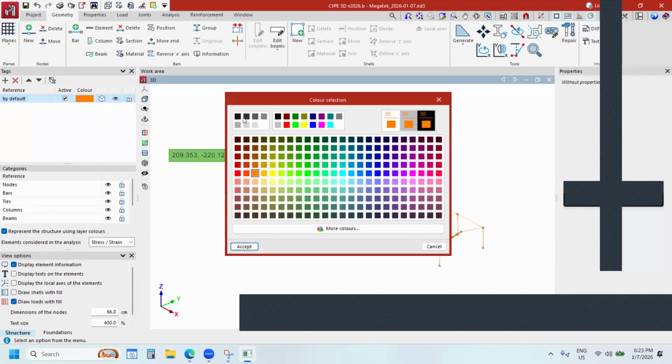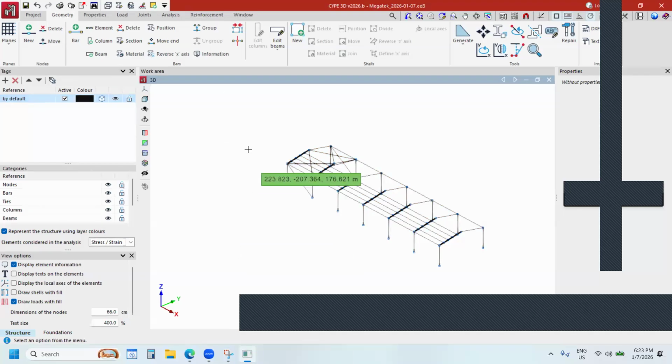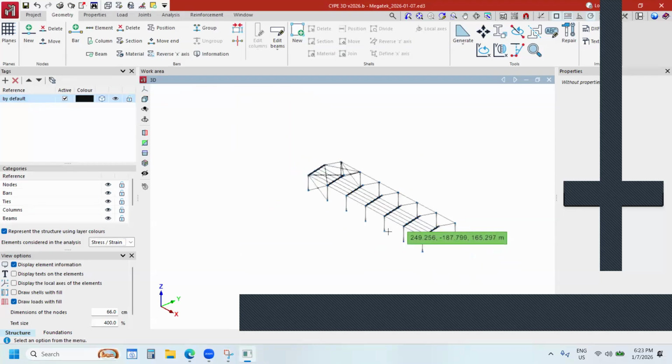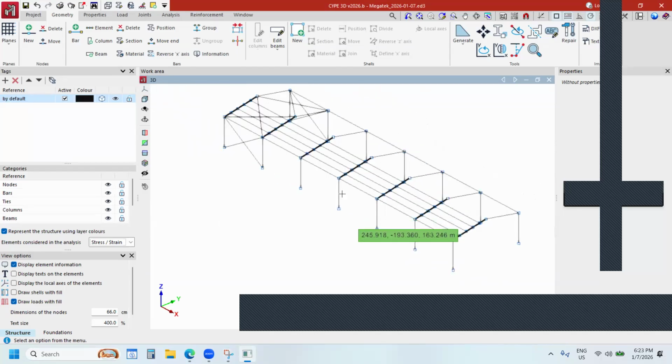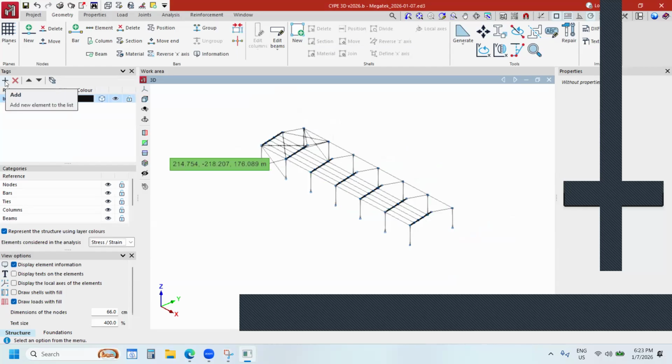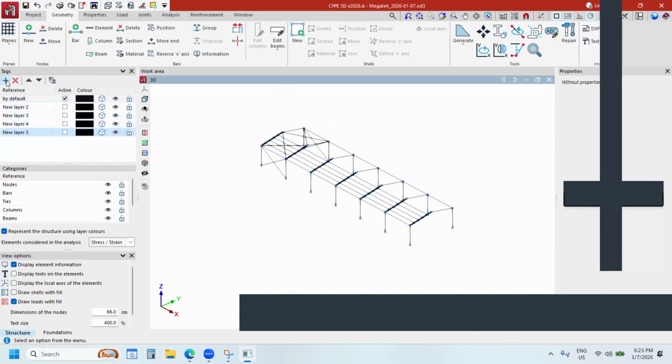But let's go back to black color, and let's see what element we have here. Okay, so I have the columns, I have the tie beams, I have the purlins, and rafter and braces. Okay, so 1, 2, 3, 4, 5 different members. So that's why here I will come to add and click on plus button 5 times. Okay, 1, 2, 3, 4, 5,